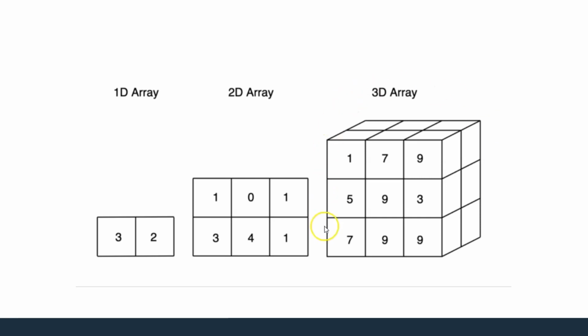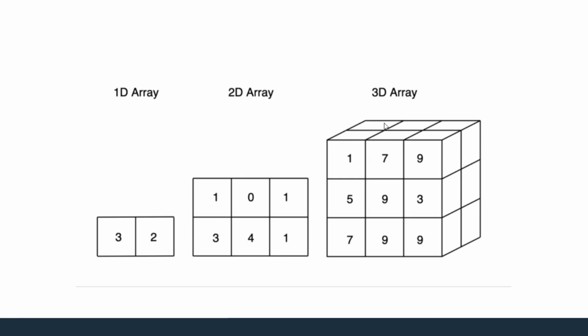Today we are going to look at an example of how we can build a 3D array and how we access those elements. But this picture is just to show you the mental model. For example, image data is generally stored in 3 dimensions, so you might want to store the image data in a 3D array.